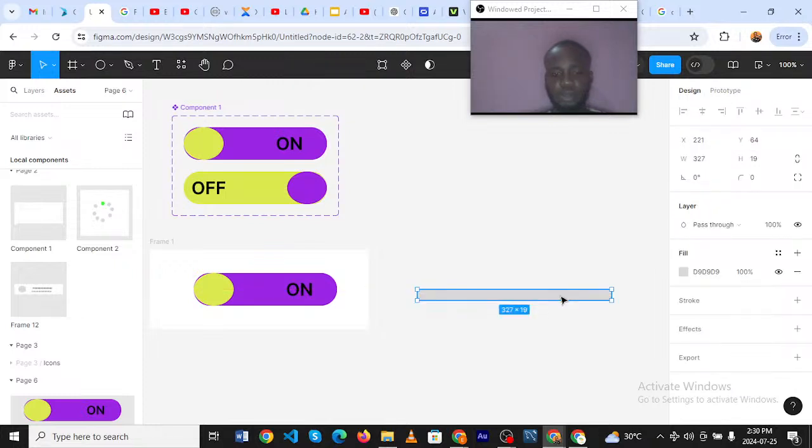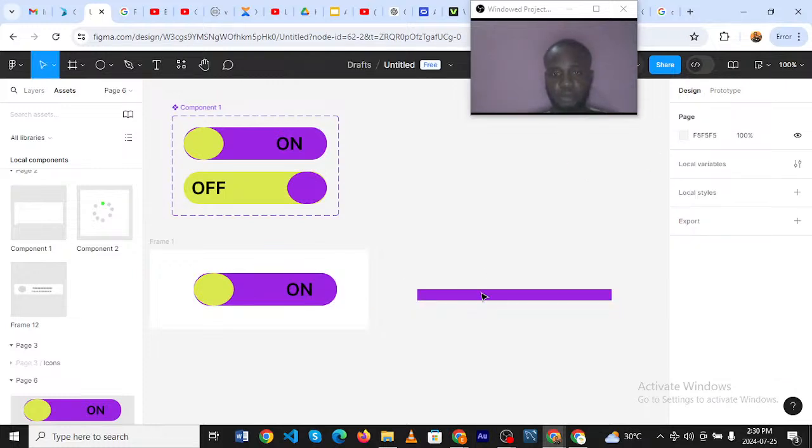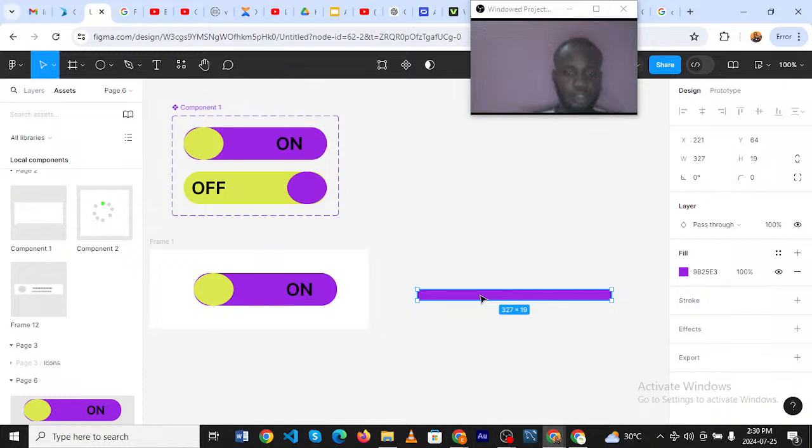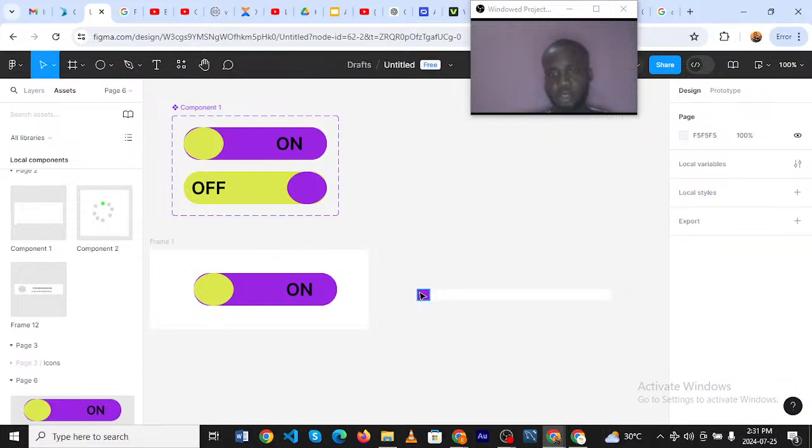I'm going to select this to become purple. So we're going to duplicate. Control D to duplicate, Control V to paste, Control C to copy. All right, so let's reduce this to this level. Okay, which is perfect. Let's give this white.